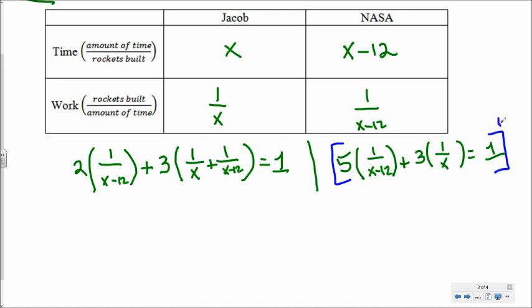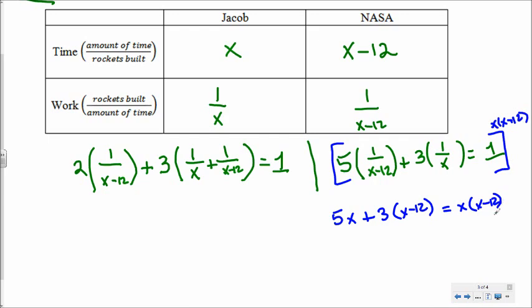So that's LCD is x minus 12 times x. I'll distribute that. And over here I'll get 5x plus 3 times x minus 12 equals x times x minus 12,